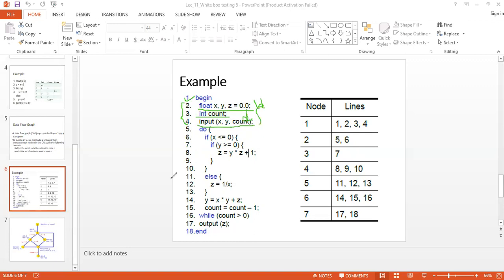Then we have the do keyword here. Since it is a keyword, we have to consider it. Then I have my first P-use, predicate use. This is a decision. Then in the seventh line, it's again a decision.